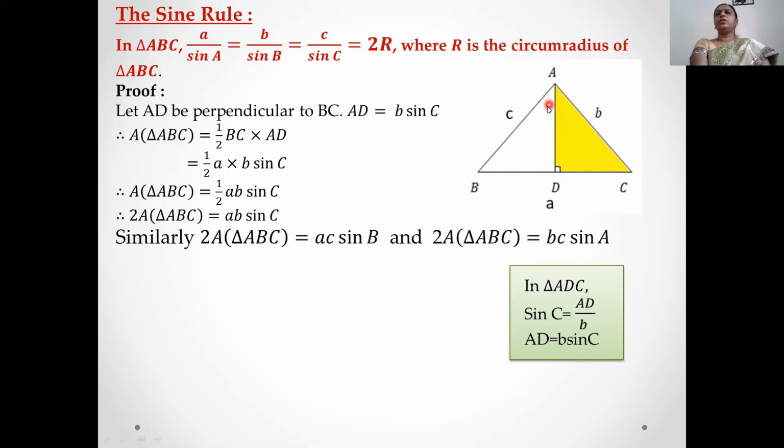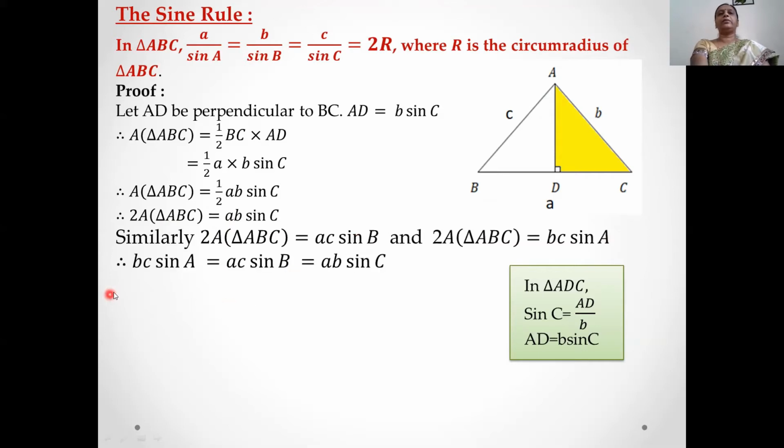Means it is not necessary to take the triangle ABC in this way. You can take vertices at any place, find the height and use the formula area of triangle equals half base into height. You will get these 3 formulae. Okay. Now consider these 3 equations. In these 3 equations, their left hand sides are equal. Therefore, you equate the right hand sides.